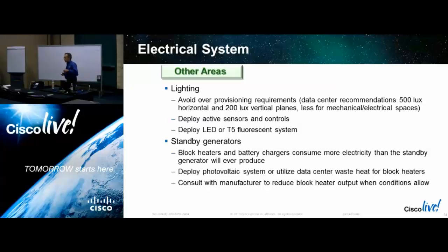You're avoiding that. And talking about heat generation, these standby generators need to be ready to fire off at a moment's notice. And these block heaters they use are going to consume a whole lot of energy, more so than the generators are going to produce. But you have all this waste heat coming out of the data hall. And when you're talking about efficiency metrics, PUE, for example, there's another metric, and you'll see it soon, that factors in this reuse of energy, using the waste heat. And you get credit for that in your reporting metric.